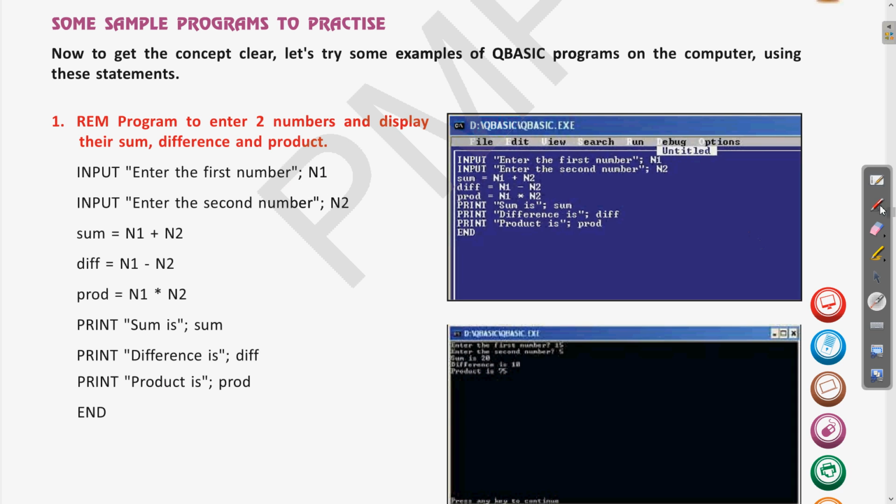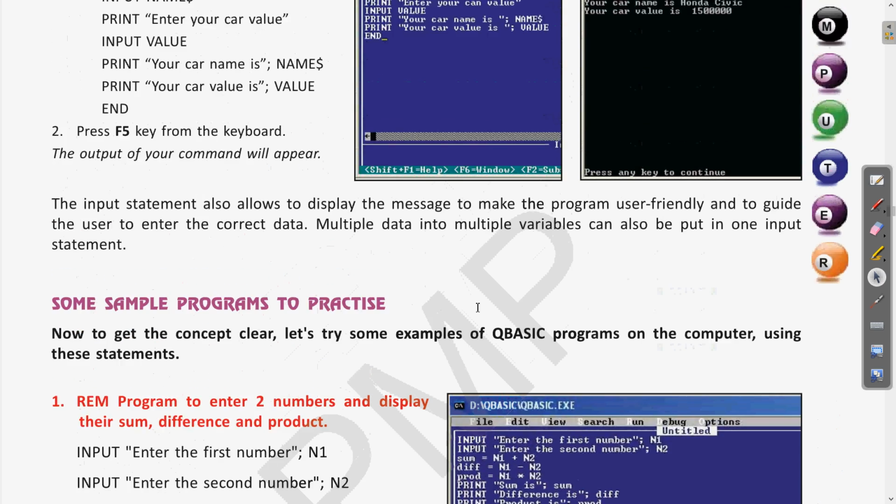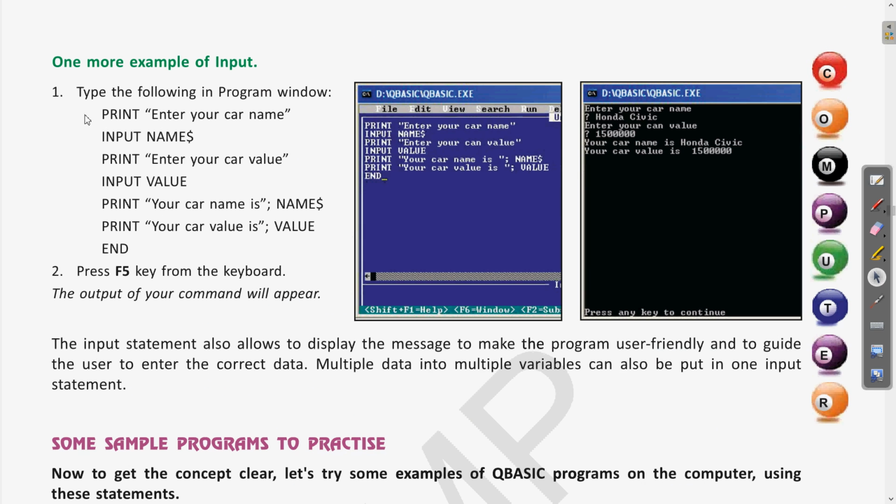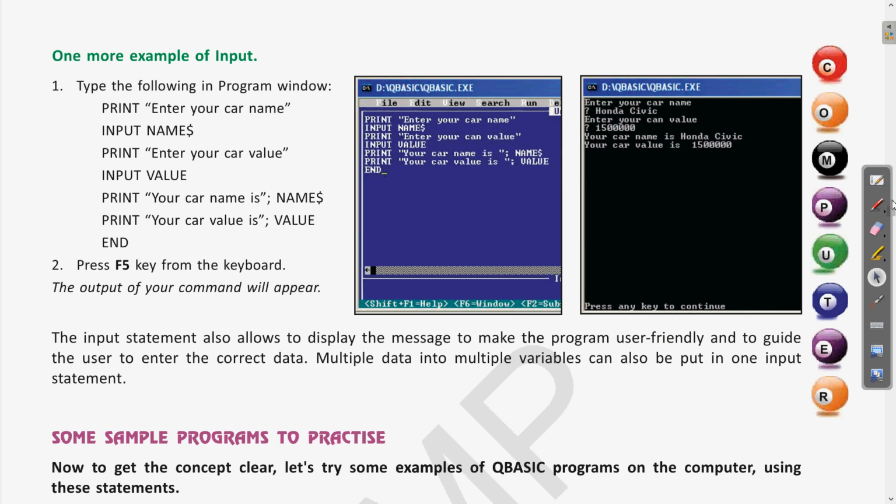Earlier we used the print command before. Here you can see first we have written print, then input. Clear? We can merge these two together with the input, and write this statement without using the print command. Let us erase this.